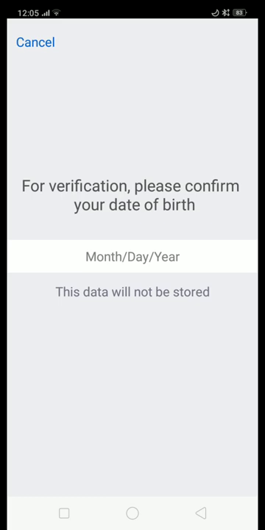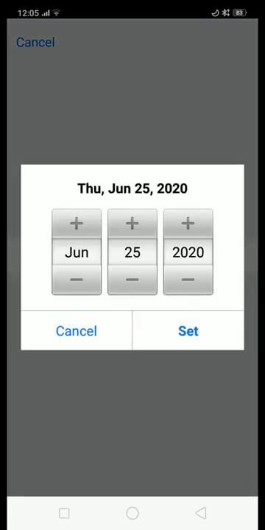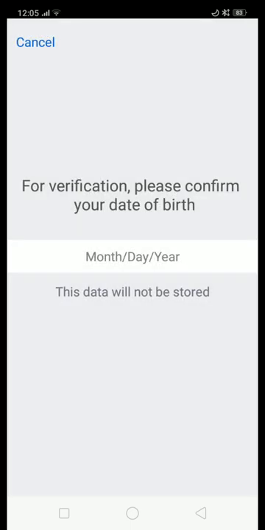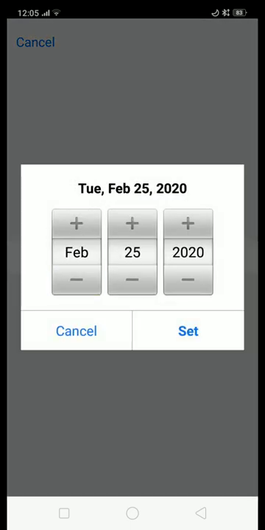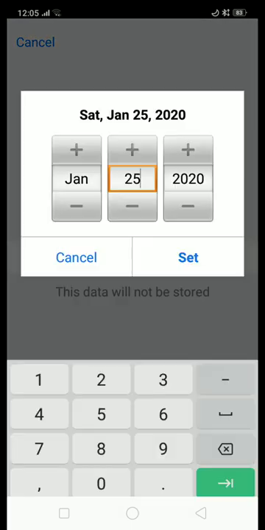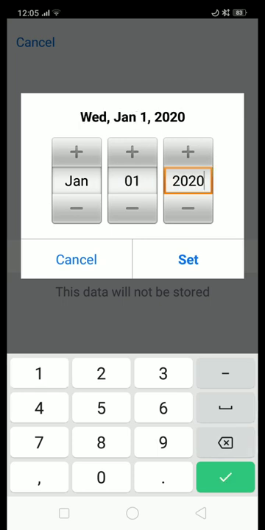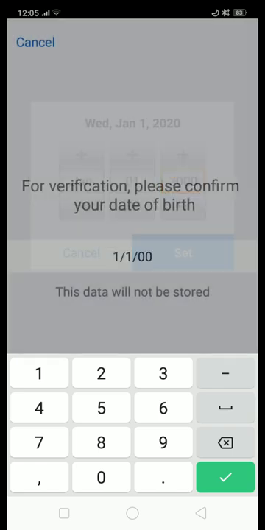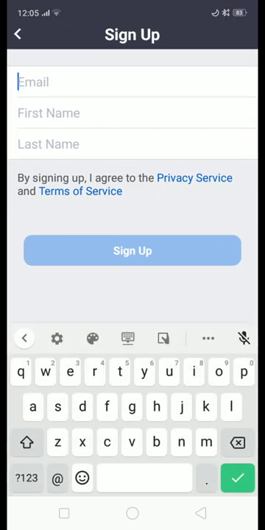For verification, please confirm your date of birth. You will enter your date of birth as you have used for your Gmail account, the same data, and it's set. After hitting set, you will come to a new page which heads sign up.